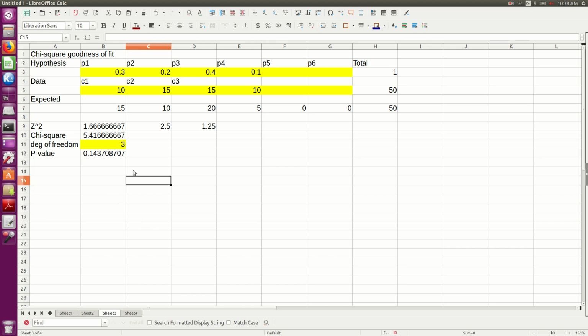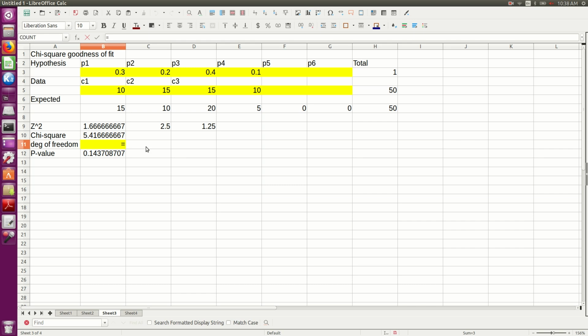You can automate the degrees of freedom as well. So we had to update this each time. So we had 3 degrees of freedom because we had 4 things. So if you make a bigger template, you can just go in here and we can, instead of doing the 3,